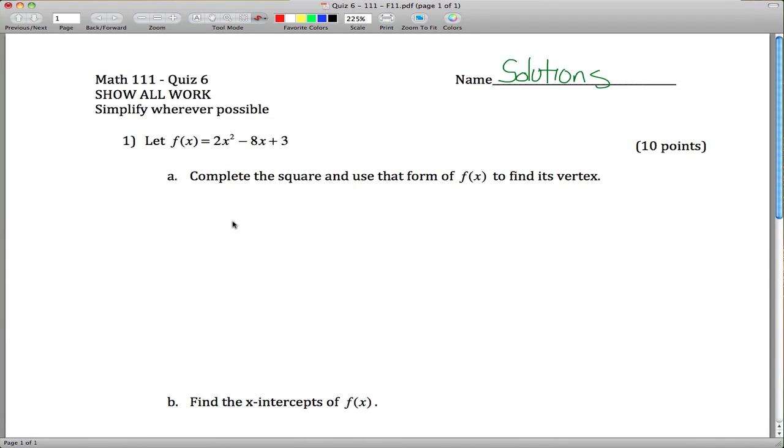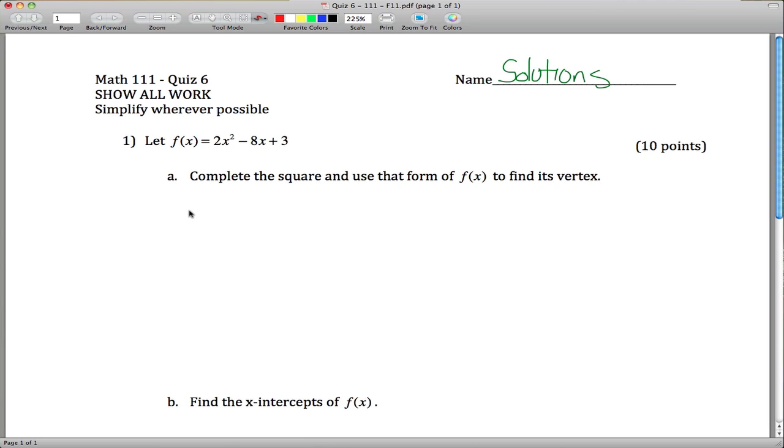Alright, here are solutions to quiz 6 for Math 111. Let's see, the first question, we're asked to complete the square on f of x up here and use that form to find the vertex of f of x. Alright, so looking at f of x up here, the problem is that the leading coefficient is not a 1,